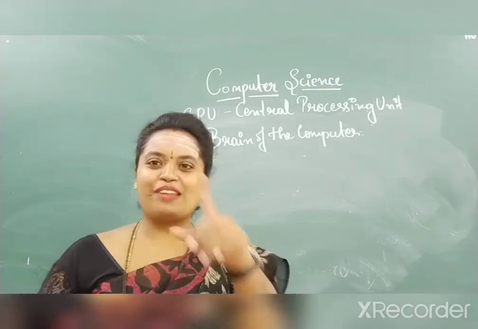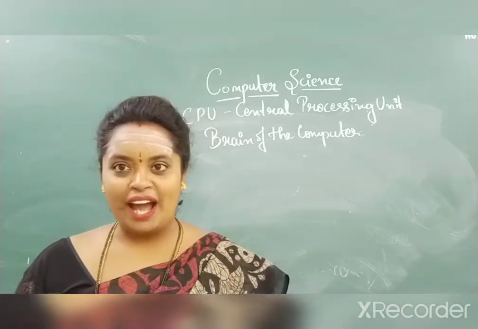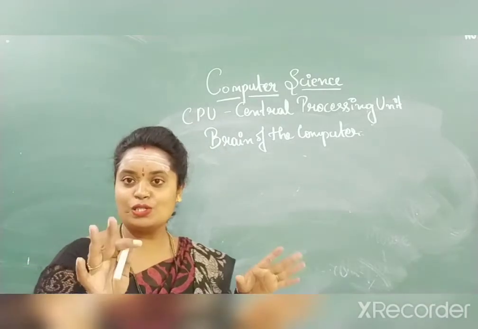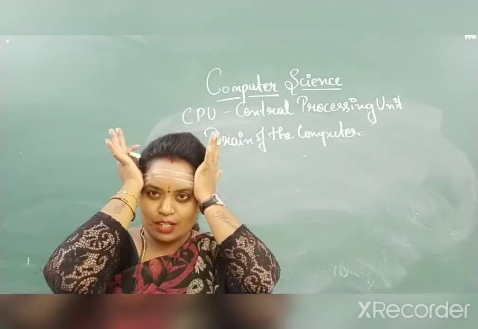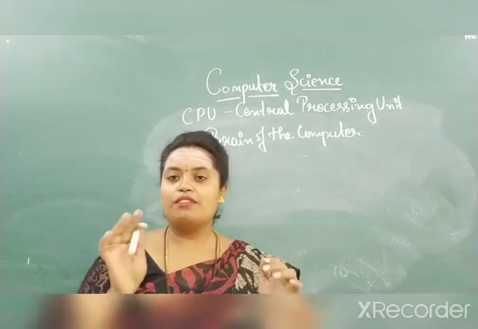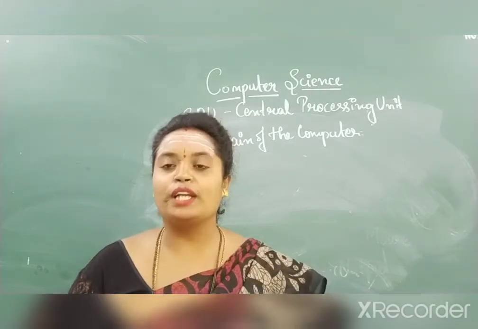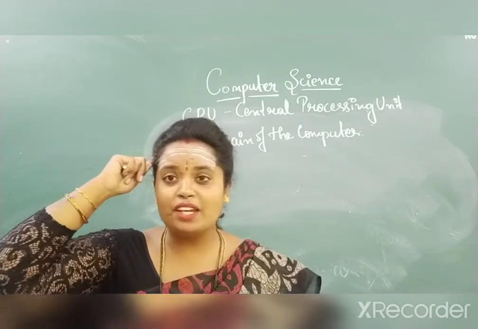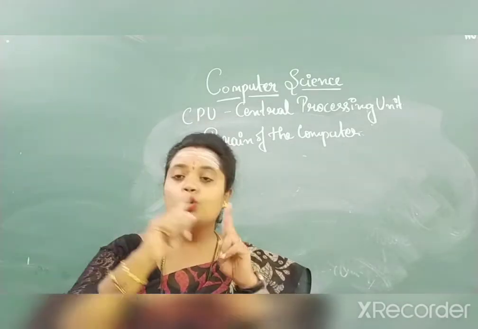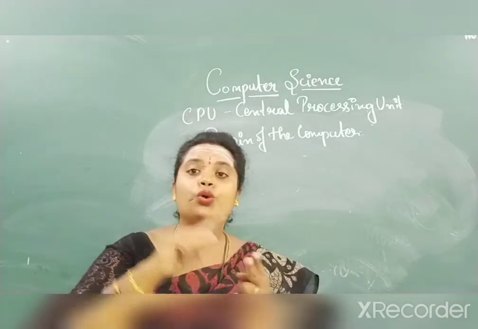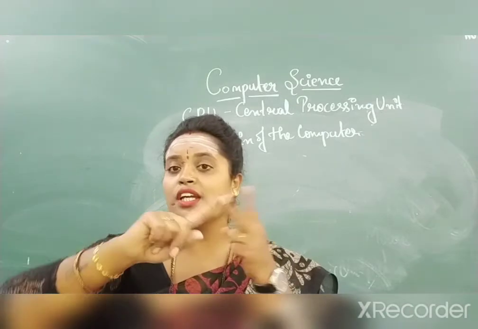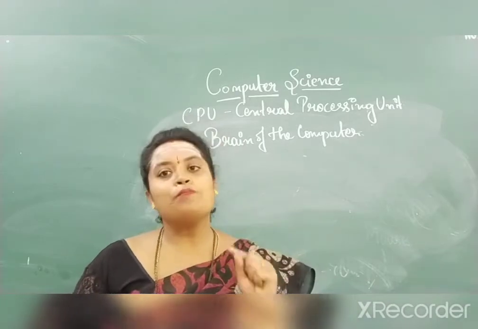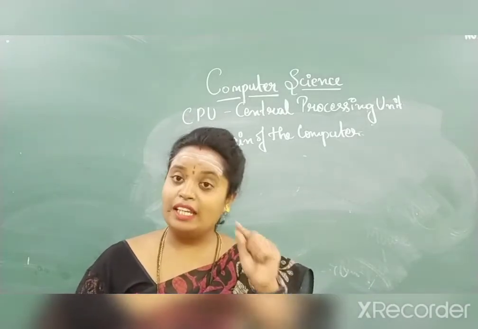Yes? Everybody has a brain to think, to act. Yes? Very good. So, to process it also, you take in the input, you process it in your brain, and then you give the output. If a teacher asks you 2 plus 2, how are you going to do it? How do you do usually? 2 in your hand, 2 in your mind. What is that mind? That's the brain which does the calculation. So, 2 in your hand, 2 on your mind, 2 after 2, 3, 4. The counting you do with the help of your mind. That's the brain which helps you to process the data or the information, whatever input you get.